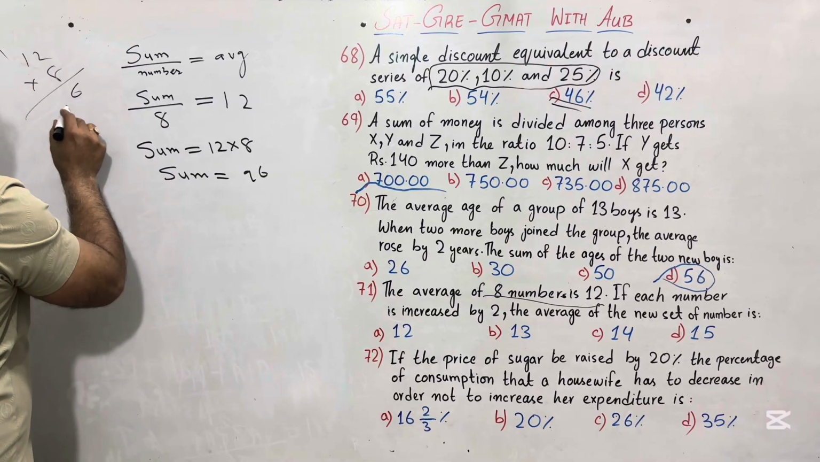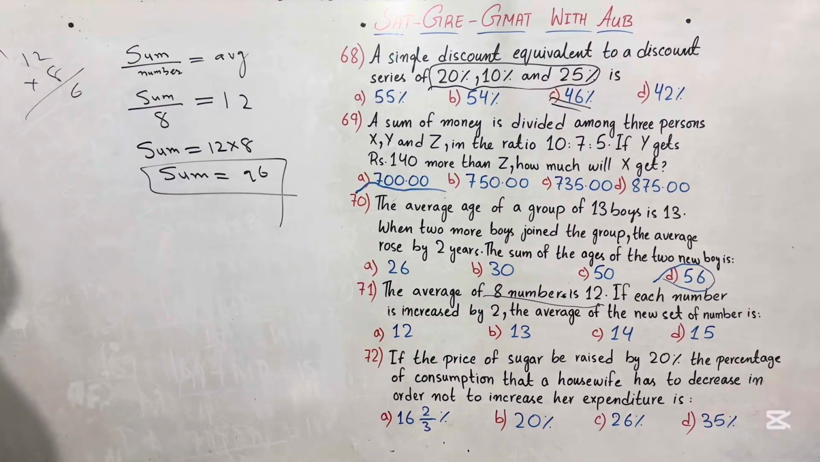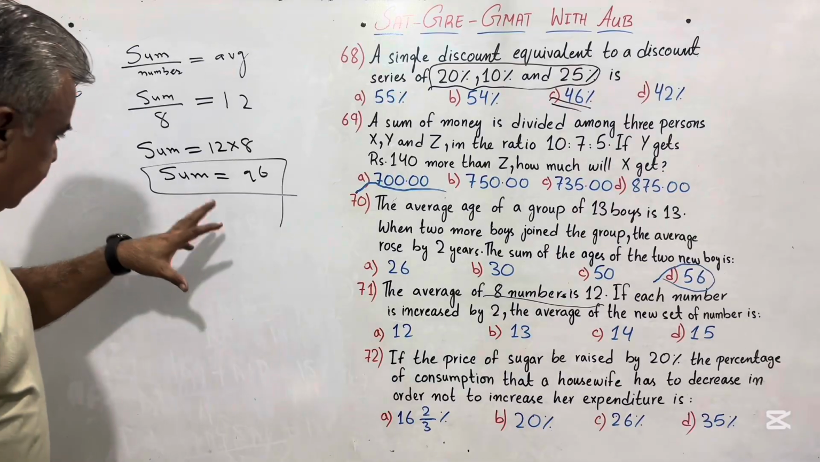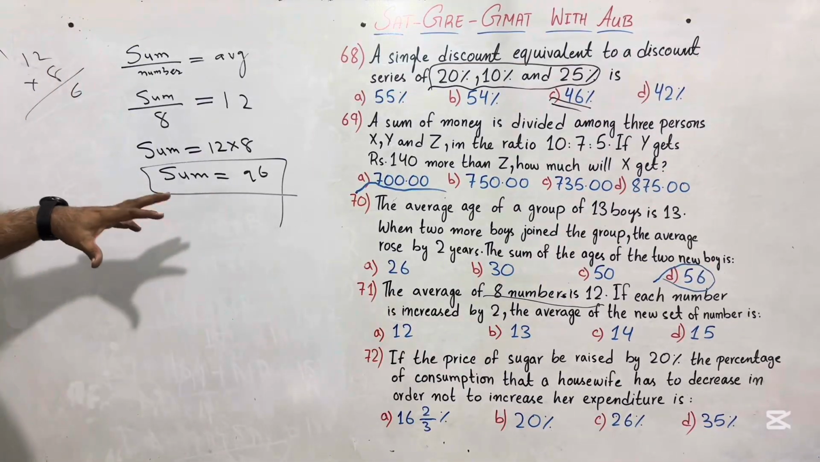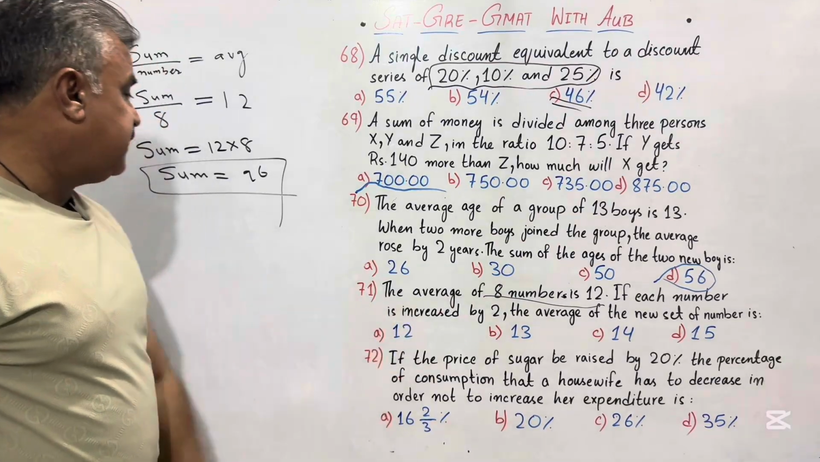16, 1 carry. Yes, 96. So the sum of all these numbers is 96. Second condition is that if each number is increased by 2,